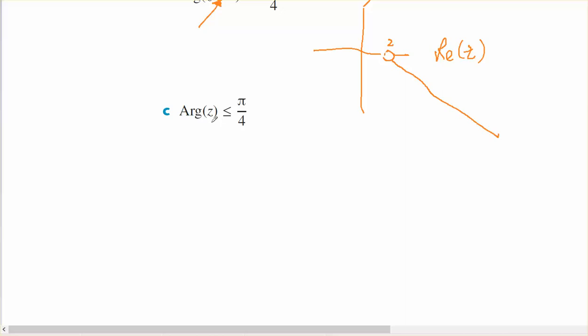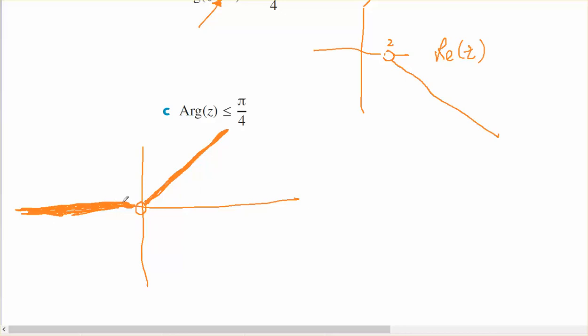And the third one, I want the argument of z, that is the angles of the complex numbers, to be less than or equal to pi on 4. So I'm going to have an open circle there. I'm going to have a solid line there, because I wish to include anything on the solid line. But I don't wish to include this line, because this, less than or equal to, I do want to include this line. No, I don't want to include this line because that line is pi. So